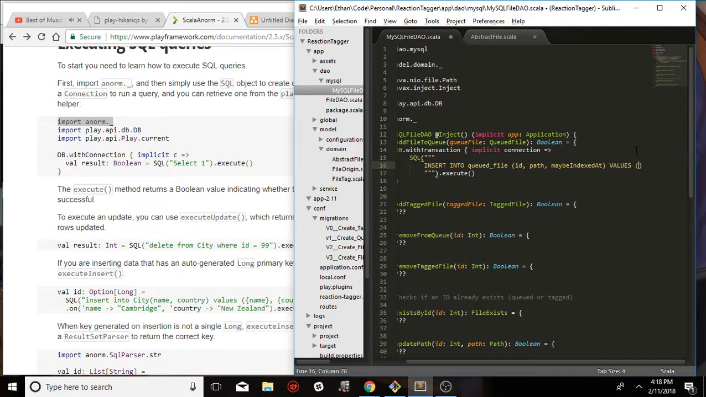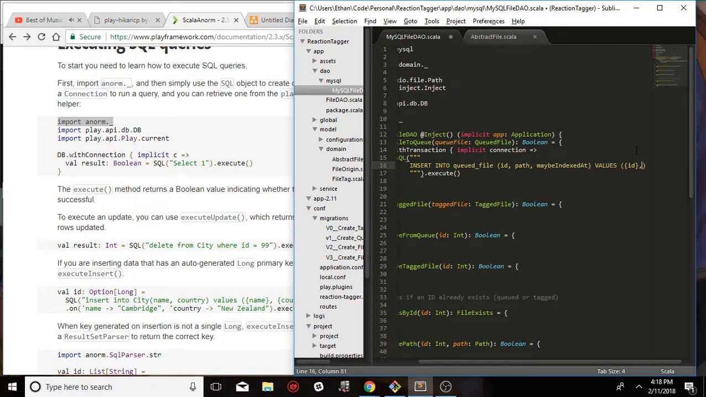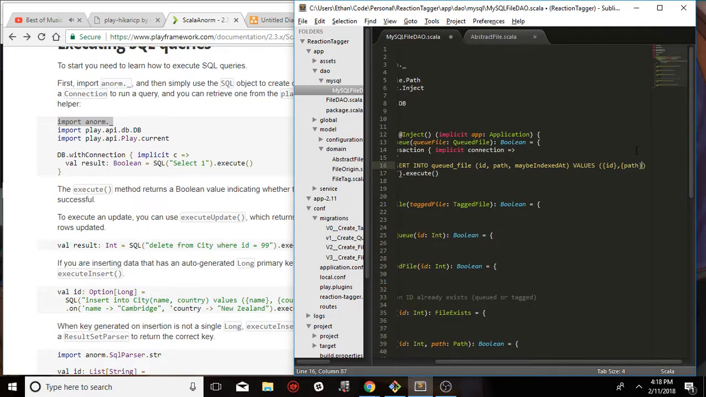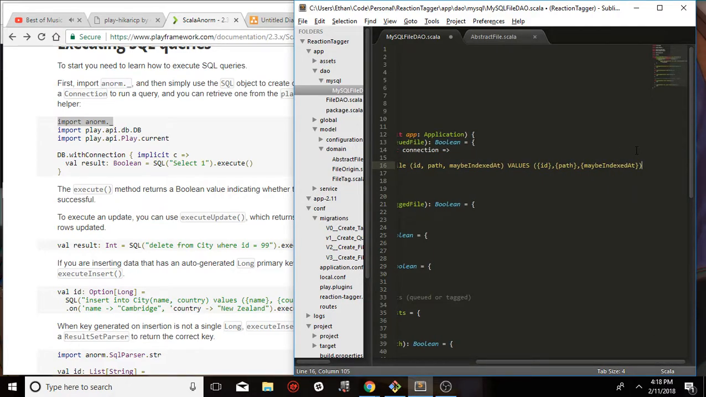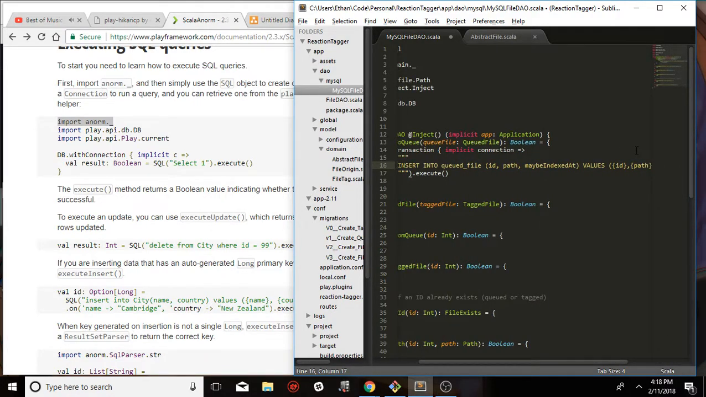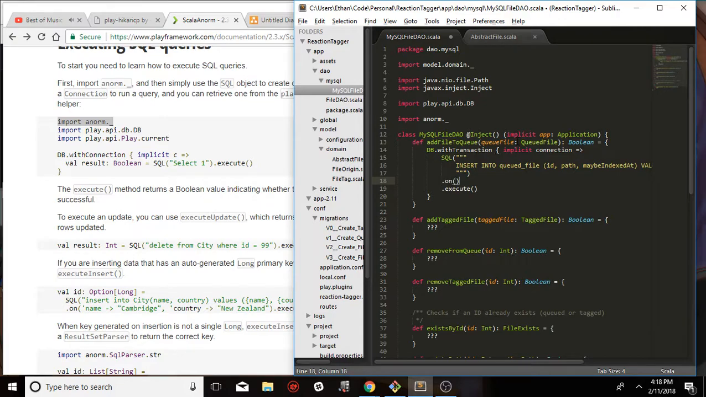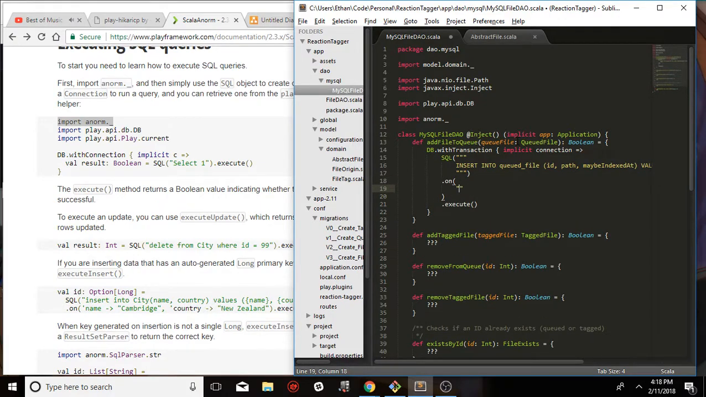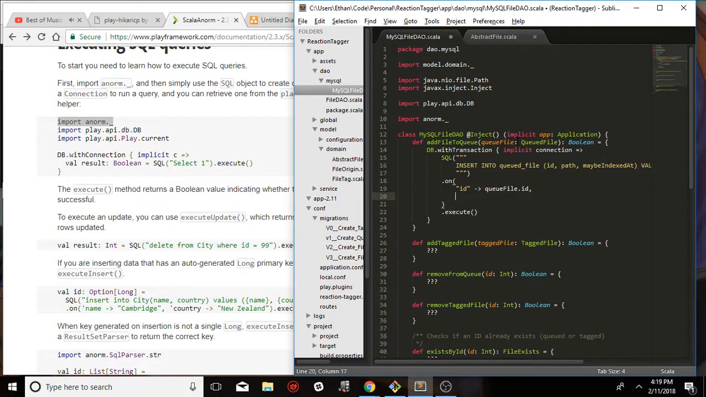Values, and then we're gonna take in ID, path, and maybe index that. Easy peasy. And since this is gonna have things bound to it, we'll be calling on it. And then also super easy, we pass in things like this. So on queued file .id,